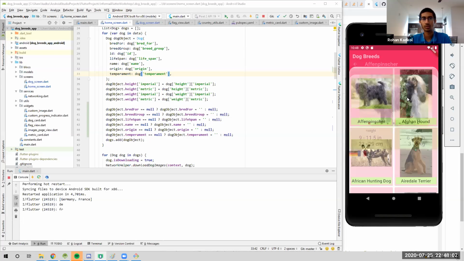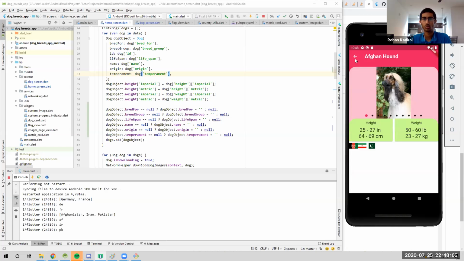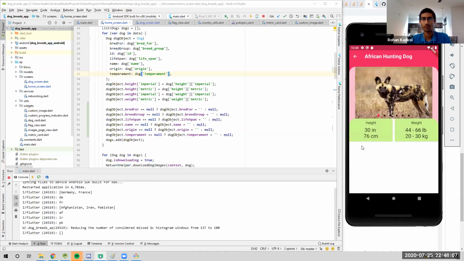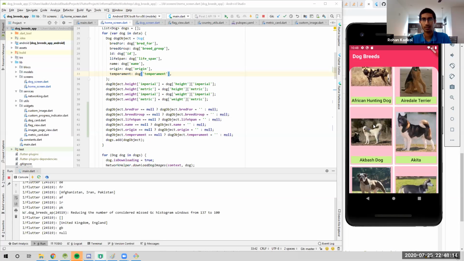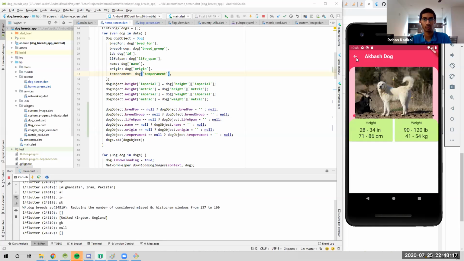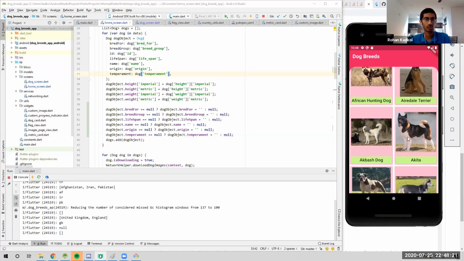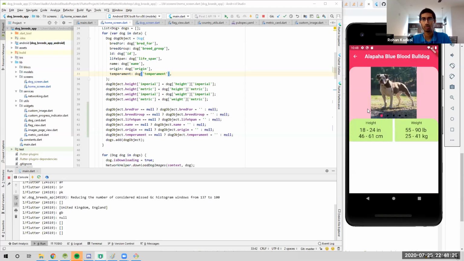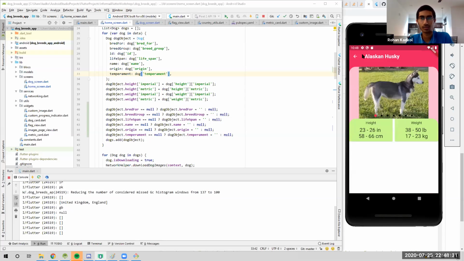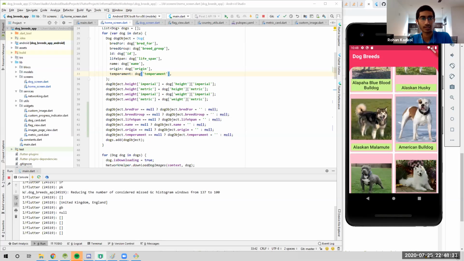Apple pincher, okay, works. Afghan hound works. African hunting dog, none, so works. Airedale terrier, yep, England, and that works. Akbash dog, empty, okay, works. Akita, empty, good, works. Alpha blue horn bulldog, blue blood bulldog. Alaskan husky, Alaskan malamute, American bulldog,